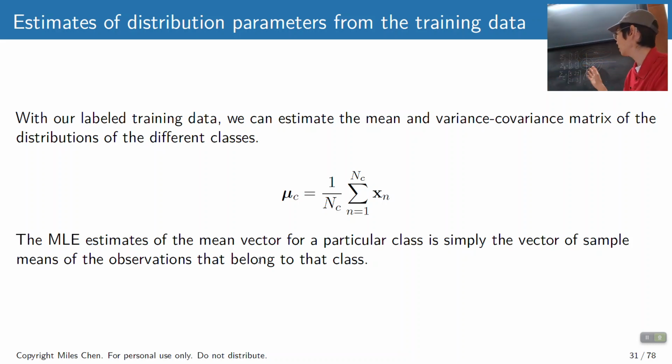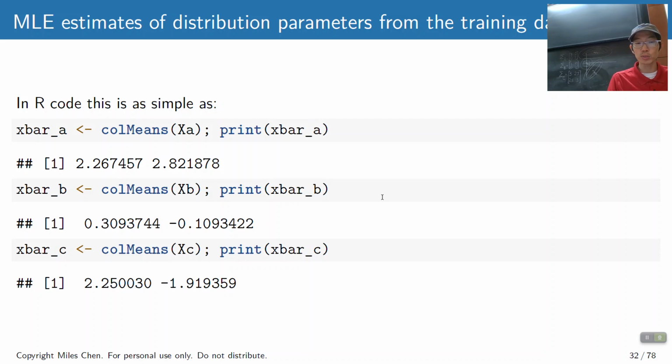We look at our training data and we say, let's take the mean of all of the observations that are labeled class A. So that's all this says. It just says for everything in class A, add up the values in X and divide by how many observations you have. Okay, you're going to add up the vectors. And so when we do that, I'm going to take the observations in class A and ask, what is the mean of the observations in class A? And I get